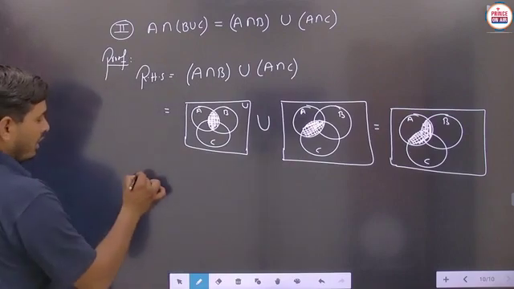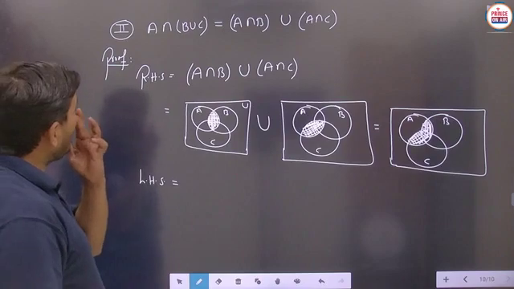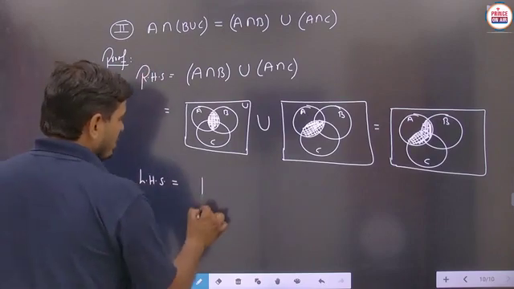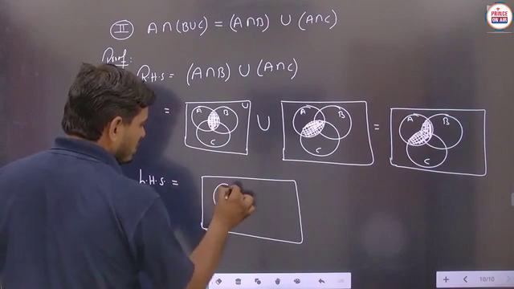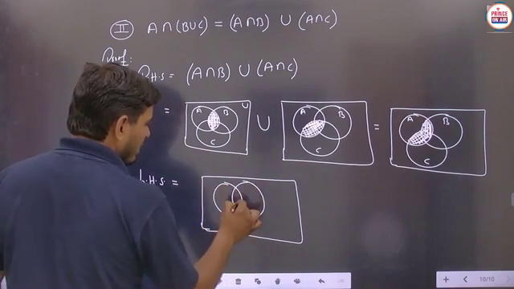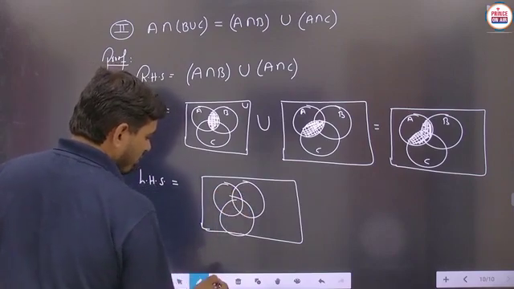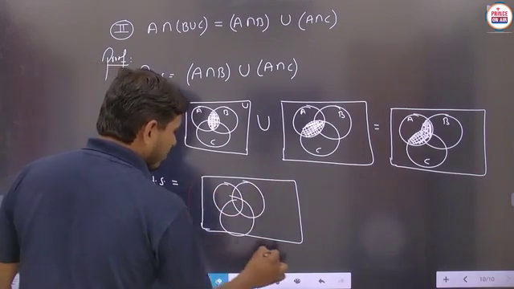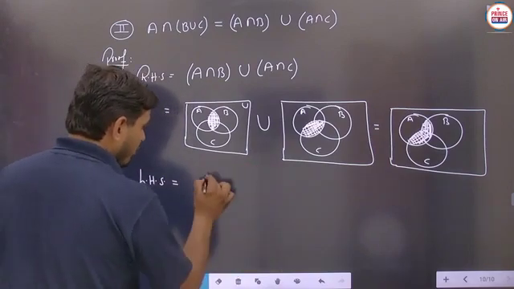Now we will take the left hand side. So student, the left hand side is given as A intersection B union C. So directly you can make the Venn diagram of this part. Suppose this is the set A, this is the set B and this is the set C. So basically any Venn diagram is to be made properly. Now this is not the proper way, so we have to take a proper Venn diagram.